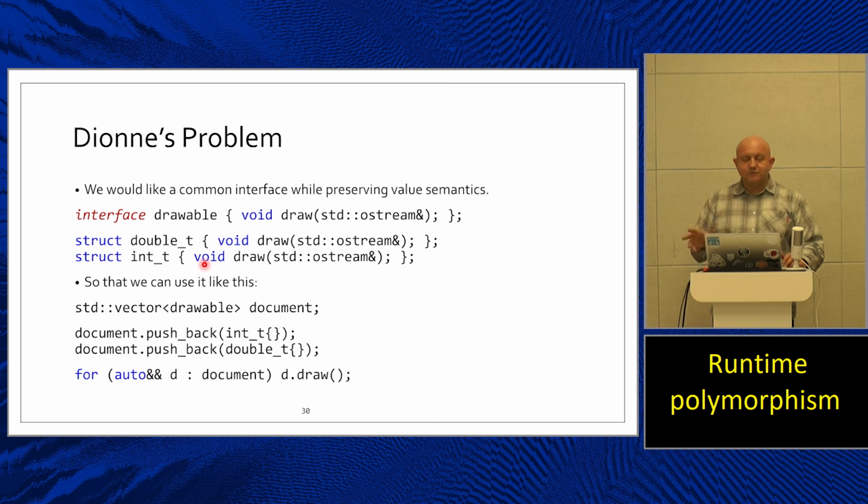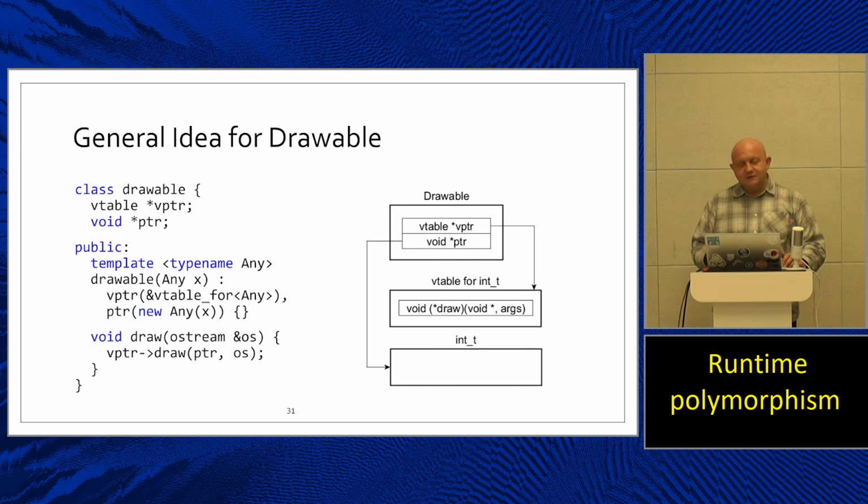No base class pointers, no manual clone, no exposed heap allocation. From the outside, this should behave like a normal value type. And the idea is surprisingly simple. Inside drawable, we store two things: a pointer to a small manually constructed vtable and a void pointer pointing to